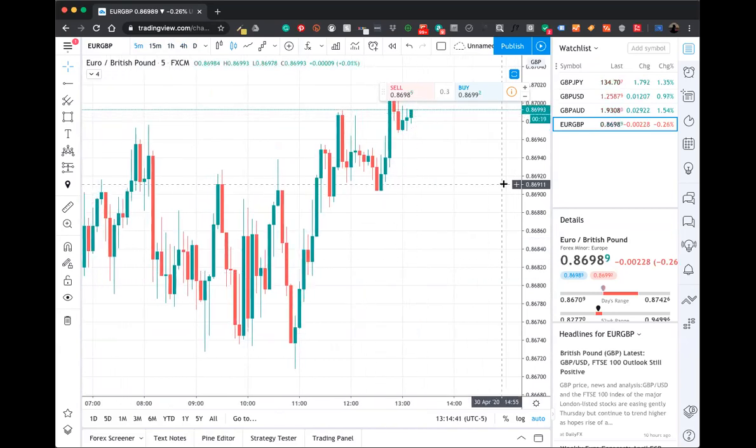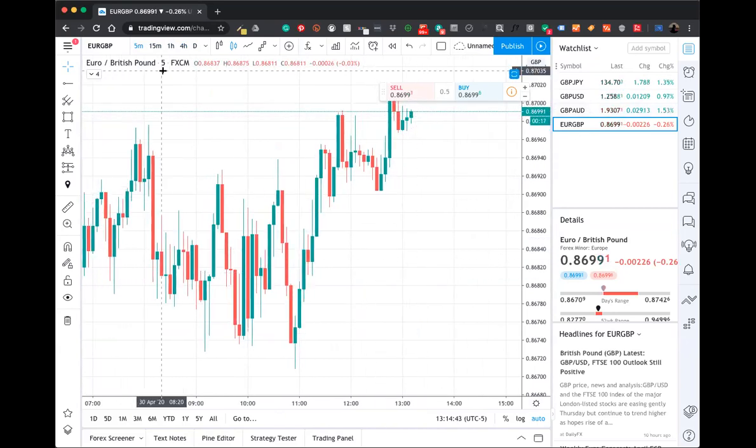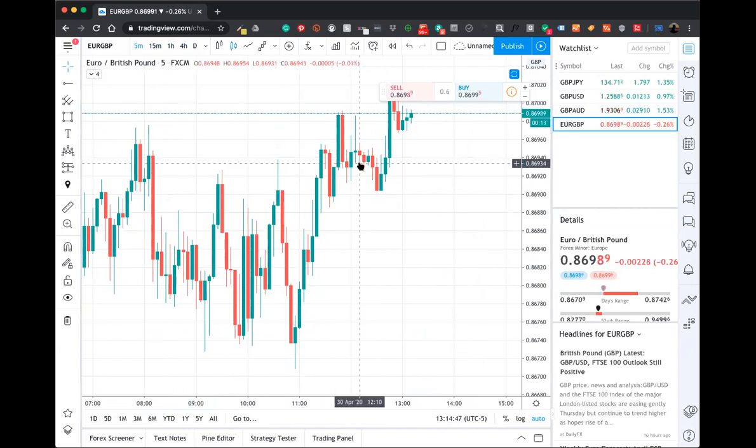So now we have the pair, we have the time frame, and the next thing we want to do is get into our analysis, which is you can decide whether you're using